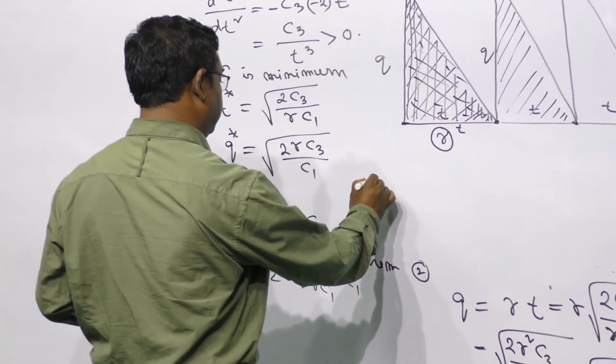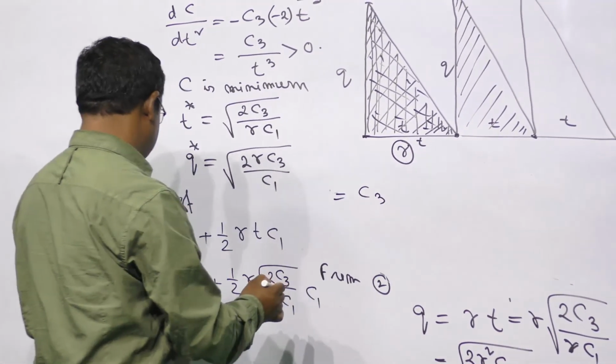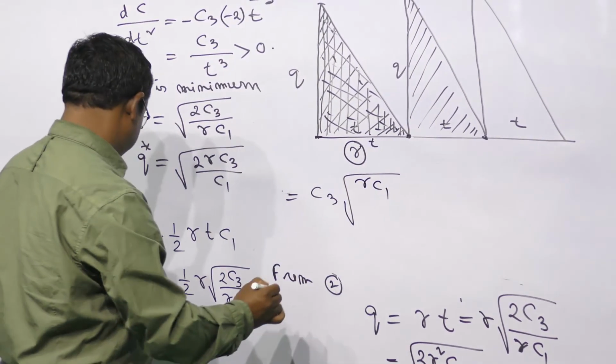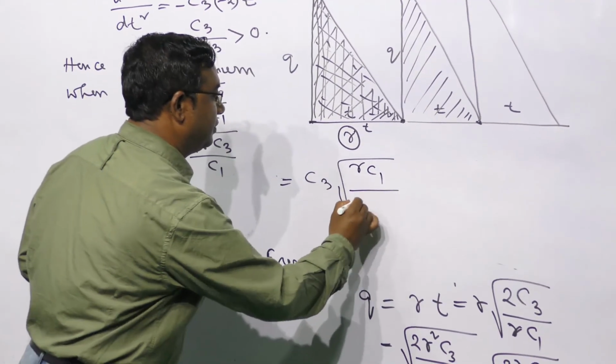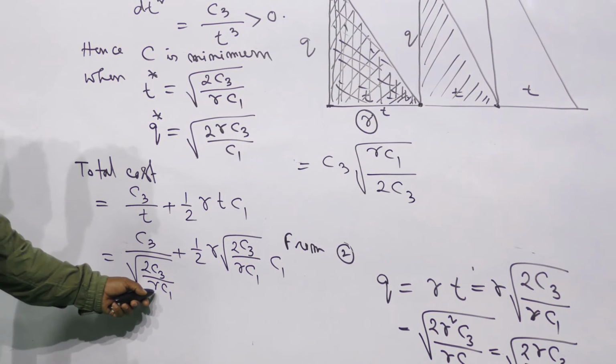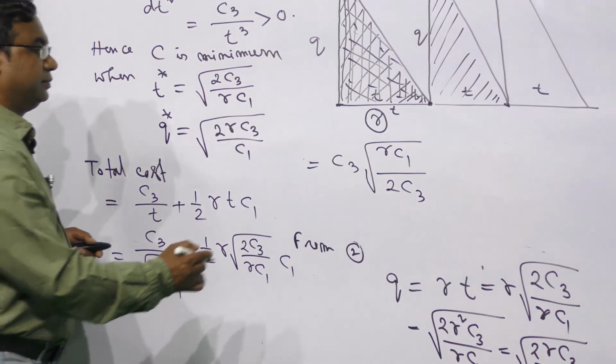Equal to C3, so R C1 by twice C3, C3, so root over R C1 C3 by 2, plus